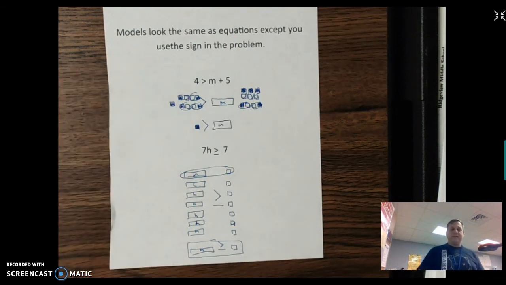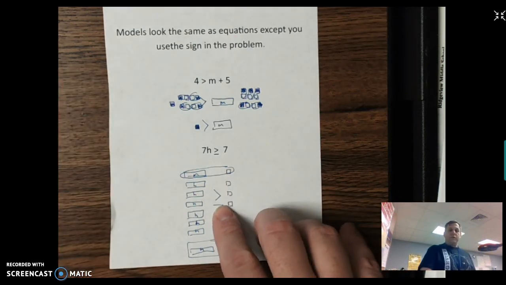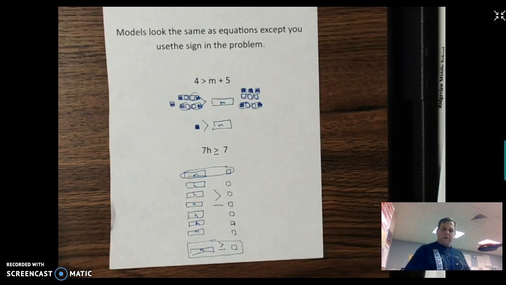Okay, that's it. The only major difference is that you use the symbol instead of drawing a line or any other thing to show the